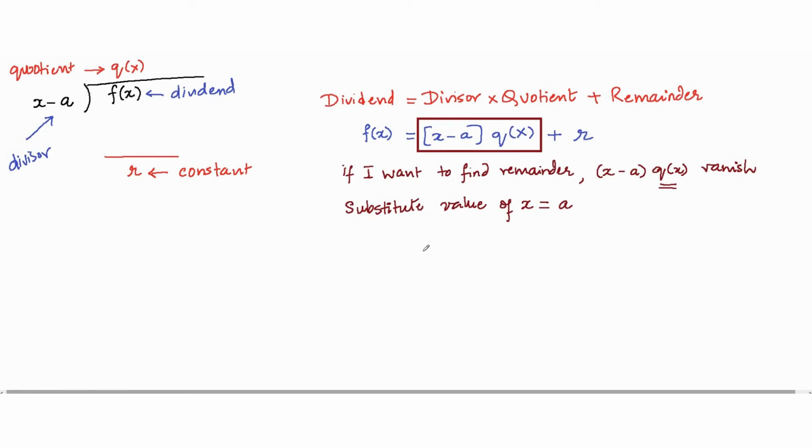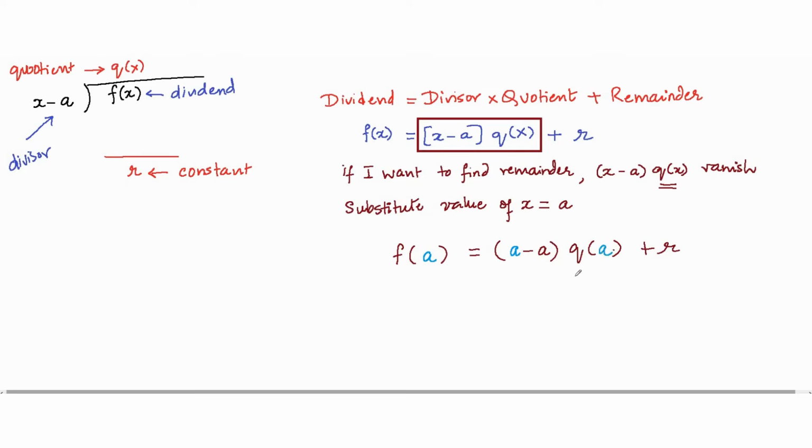as a. So what it means is, I have f of x equal to x minus a times q of x plus the remainder. Now what I'm going to do is, in place of x, I'm going to substitute a everywhere. So if I substitute x as a on the right hand side, I will have to substitute it as a on the left hand side also. That is the golden rule of equations. Whatever operation you do on one side, you will have to repeat the same operation on the other side. So I'm substituting x as a on the left hand side as well as on the right hand side.